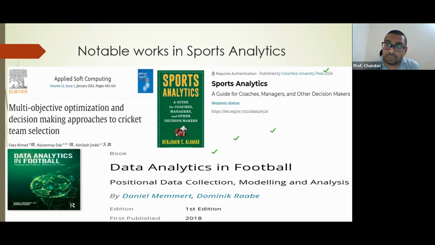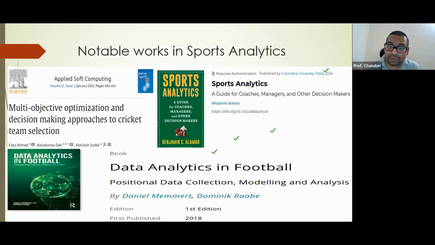And this subject is also very popular as an elective in various tech and B schools. Operational research in sports: various methods or techniques we can use to take decisions in sports analytics. So some of the work I have quoted here is from various sports categories. For example, we can see the role in cricket, multi-objective optimization and decision-making approaches to cricket team selection, data analytics